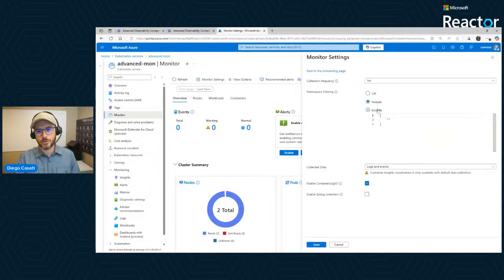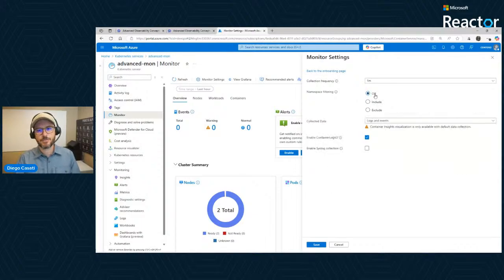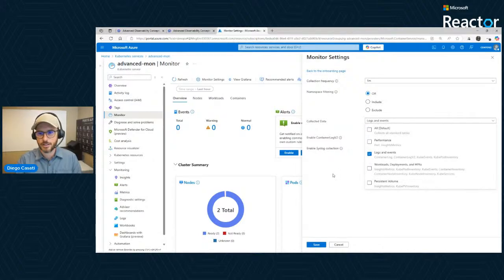Well, you can include or exclude specific namespaces. So you might have an application you're really just keyed on looking at. That application sits on a namespace. We're going to then include that namespace in the filter, so we're just going to be retrieving information or telemetry from that specific namespace. The other thing I get questioned a lot is syslog. Can I enable or disable syslog collection? You can, and this is how you do it. This is probably the easiest way of doing it, actually.